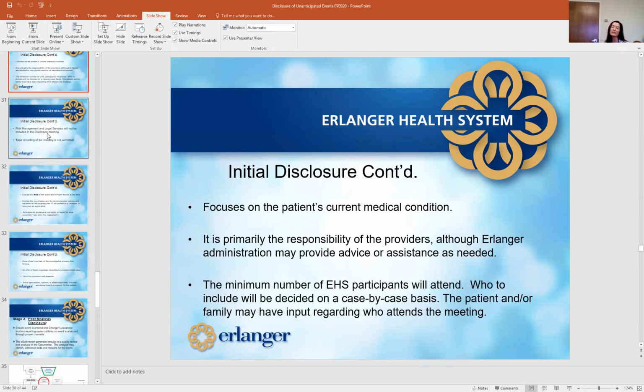So when, and I'm sorry, I didn't mean to digress, but when you have that discussion with the patient, by the way, you don't want to traipse in with a big group of people, right? You're going to want the minimum number of people possible to make the disclosure fruitful. The reason for that is it's intimidating to have a room full of people talking to you. What you're trying to foster is a comfortable situation where the patient feels at ease asking follow-up questions. So, minimum number of people possible.